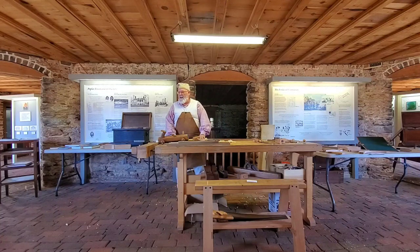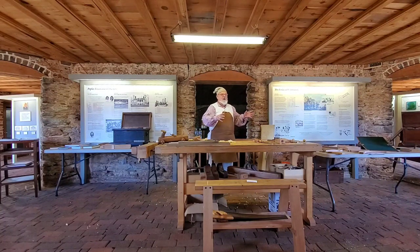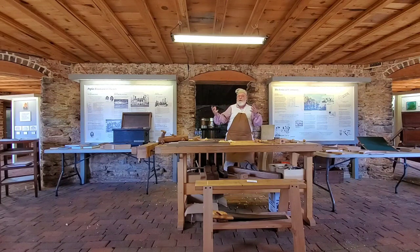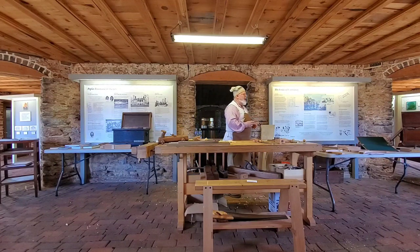So what we're going to talk a bit about today is the kinds of people that made this house. Now for some of you it may be kind of redundant, but for others that's okay. So if you look at the trades in England, which were the roots of our heritage, you had very rigid lines. You had carpenters who basically did framing and construction and roof and all that sort of thing really well. Then you moved into joiners who did things like windows and doors and trim and that kind of thing, and